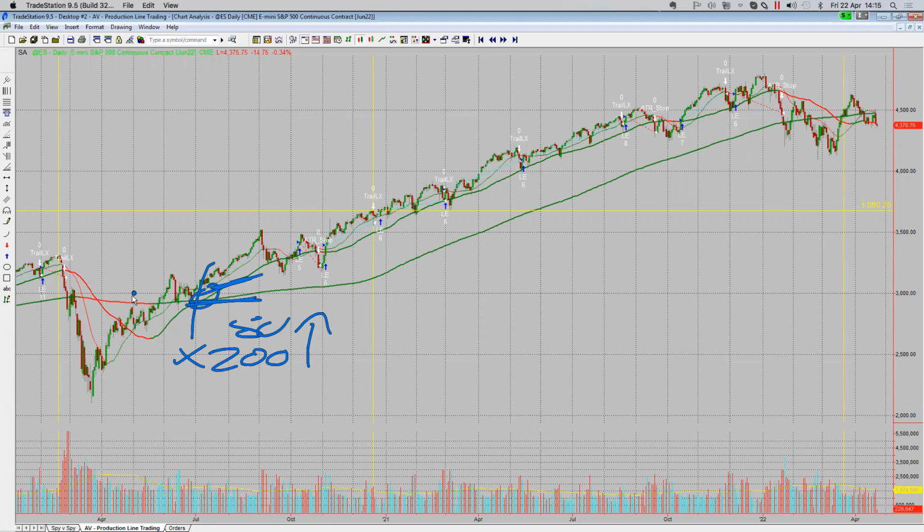filter to say, you know what, when price is above the 200 and the average prices are crossed over, maybe I should just be looking for bullish trades. That's all we're saying here. Again, there's nothing magical about the crossover. It is a lagging indication. Notice the wording. It's not a signal. It's not a magic bullet, as I keep saying.